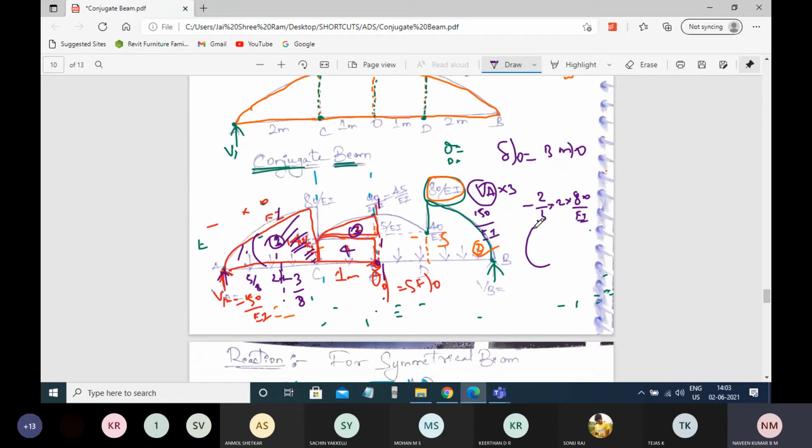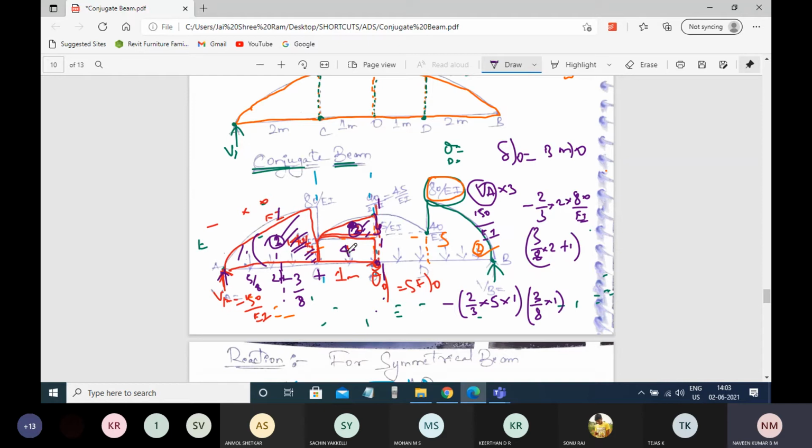So that is 3 by 8 times of 2 meter plus 1 meter. Okay, so plus, again going for this particular quadrant, minus of the area will be 2 by 3 times of the intensity of this particular quadrant, that is 5 times the length, b equals to 1. Higher the intensity, lower will be centroid distance, that is 3 by 8 times of 1.